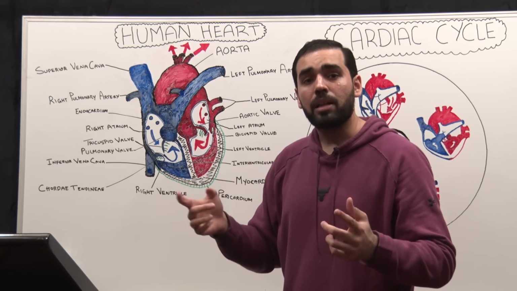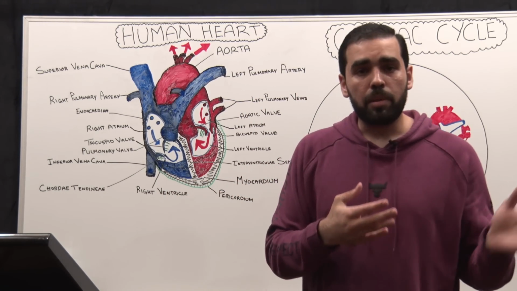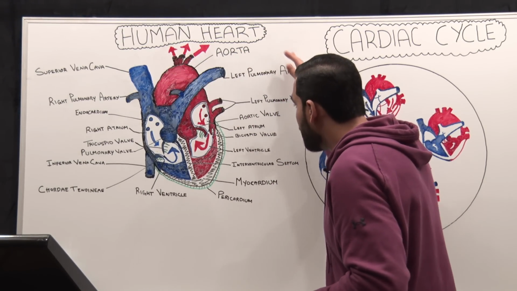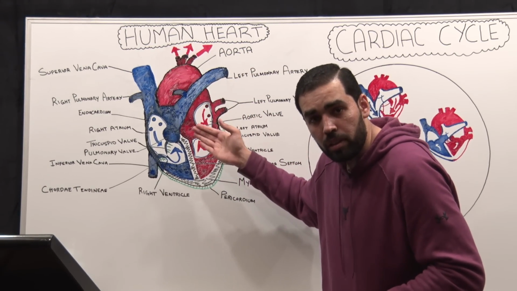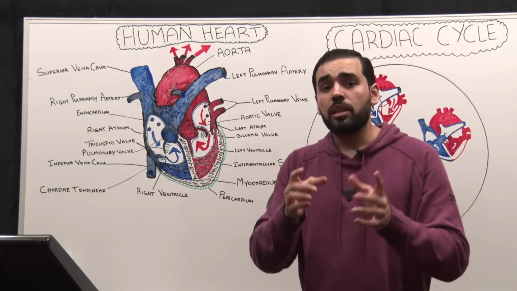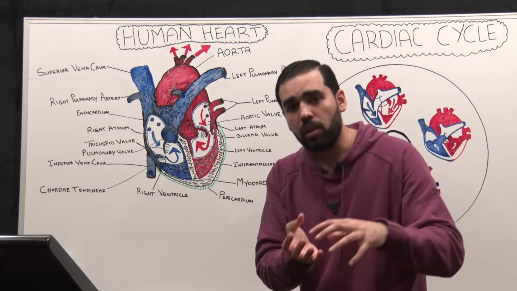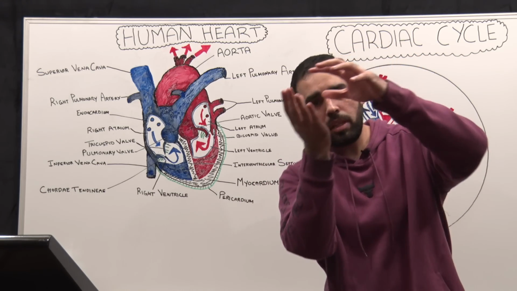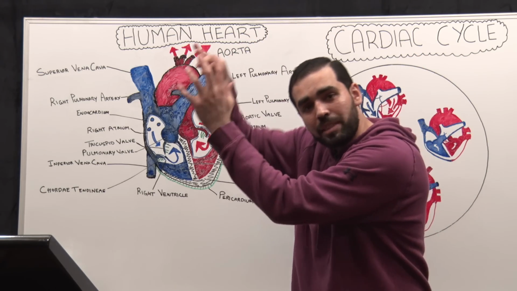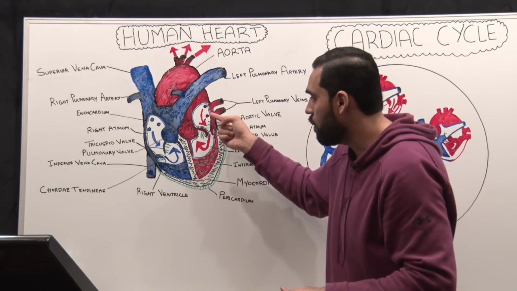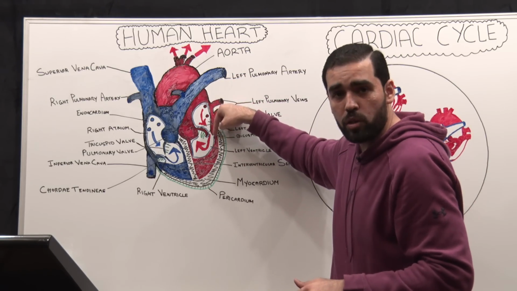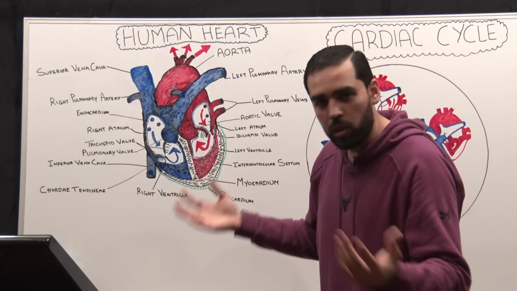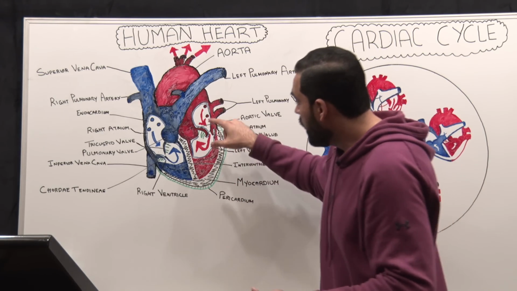From the lungs, the blood basically gives off the carbon dioxide and picks up the oxygen and gets oxygenated and then drains back into the left side of the heart. So you have to understand the deoxygenated blood comes on the right side of the heart, then from there through the pulmonary artery goes to the lungs, and from the lungs picks up the oxygen and then drains back into the left side of the heart, which is the left atrium, and through the mitral valve or the atrioventricular valve or the bicuspid valve, whatever you want to call it,